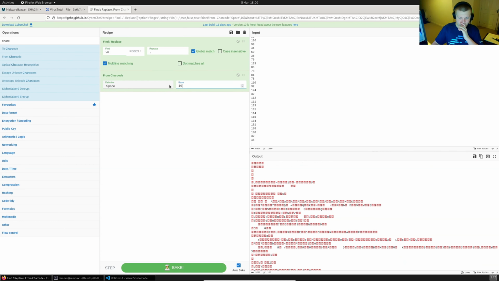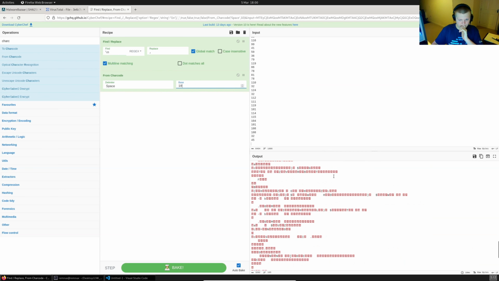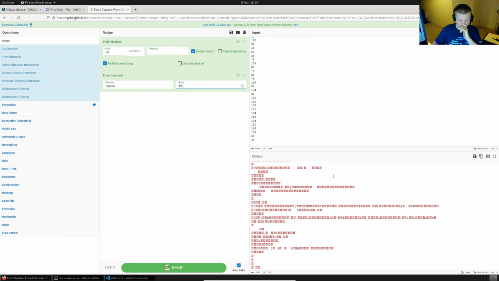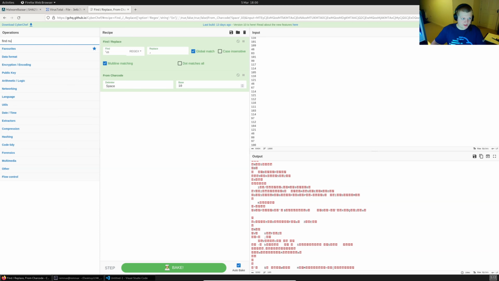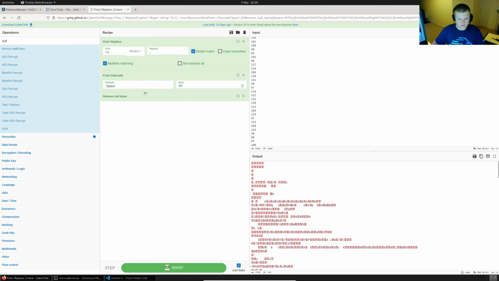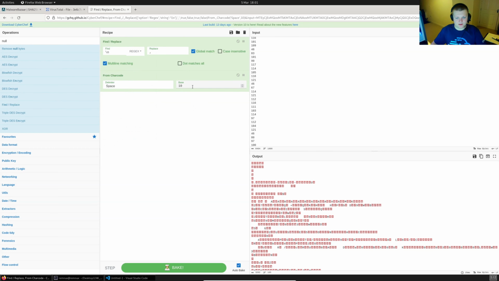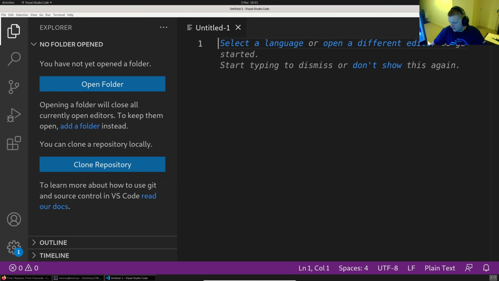And we're getting binary data here. I've got no idea why. What have I done wrong? Find null bytes, or remove null bytes. I think there's one. Yeah, I'm a bit stumped on this. I believe that is definitely what should be happening, right? Maybe I misunderstood the